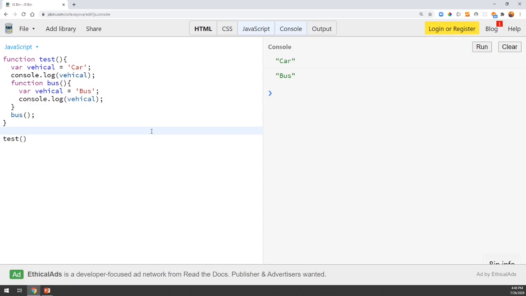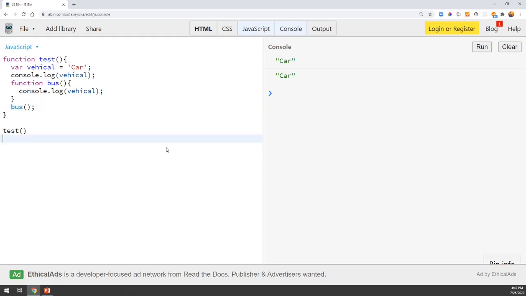Inside the inner function it will first check the vehicle of the bus function. That's why we can see here car and bus. But if we remove this var vehicle, which is local to our inner function, then clear and run, it will print car 2 times. So this is the difference.